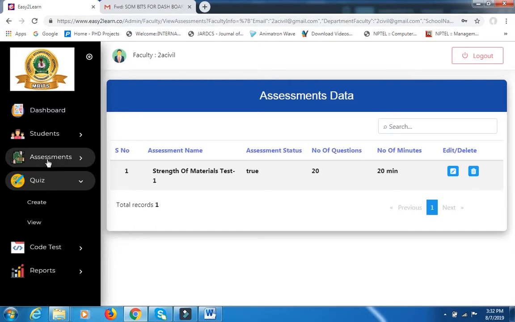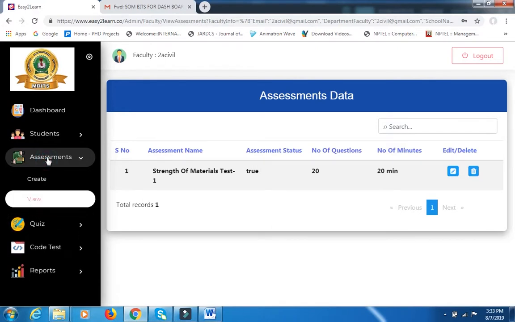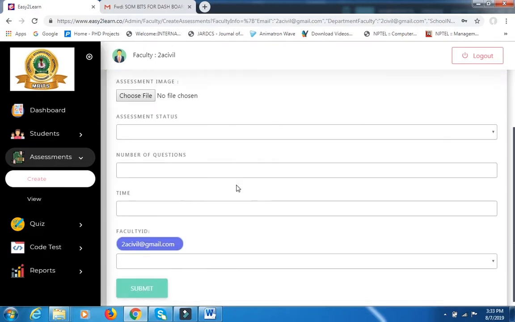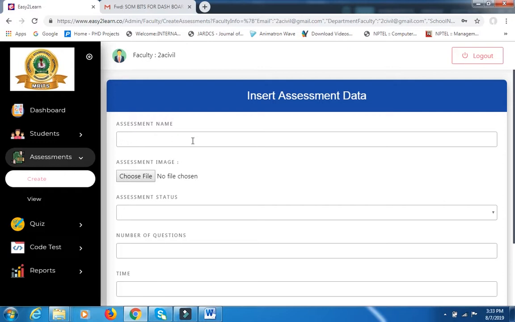Now let us see how to create a new assessment. Under the assessment I have selected create, and you can observe here there are a few options. Number 1, assessment name. Here you need to specify the assessment name, that is the test which you want to create. Say for example, in this case I am going to mention SOM test 2. This is my assessment name,